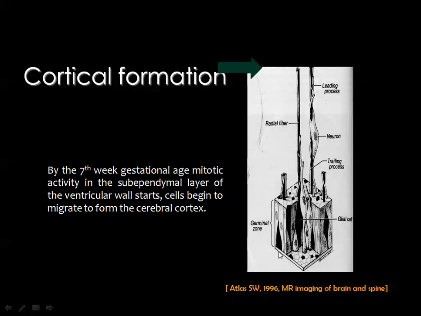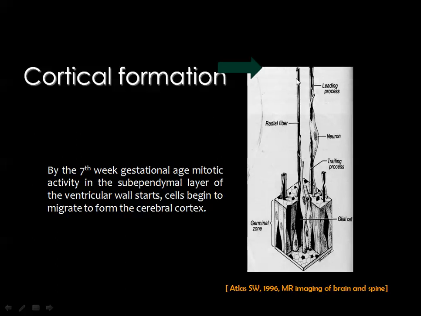You can imagine that this is the wall of the ventricle, and there is a proliferation or mitosis of the cells in the wall of the ventricle, the subependymal layer, to form the cells which will migrate on what's known as the radial fibers, and this migration continues until these cells will